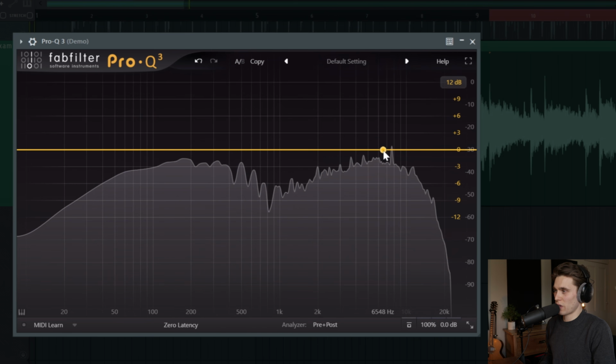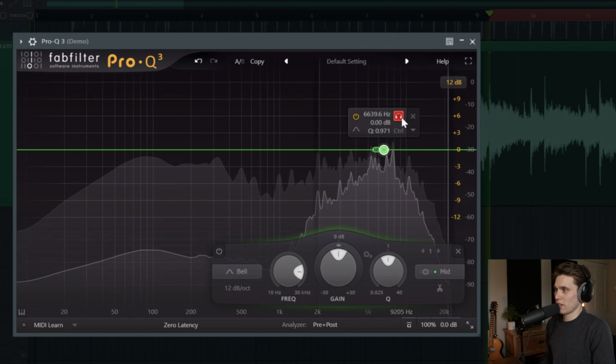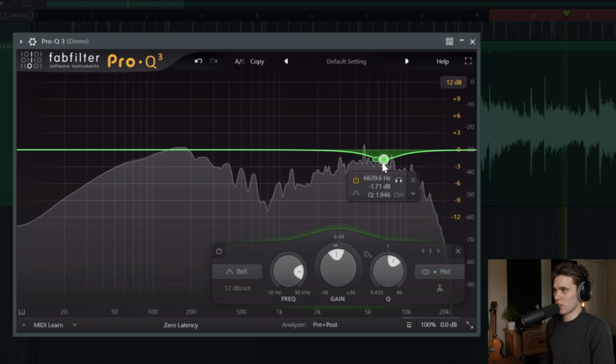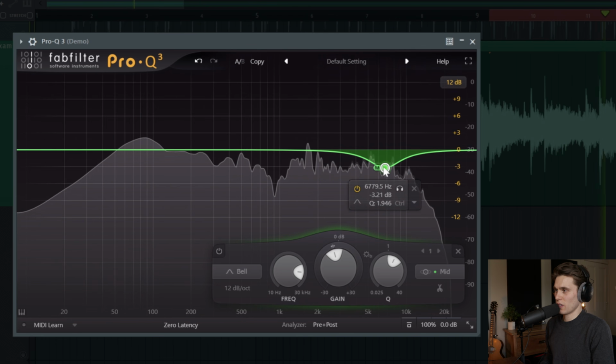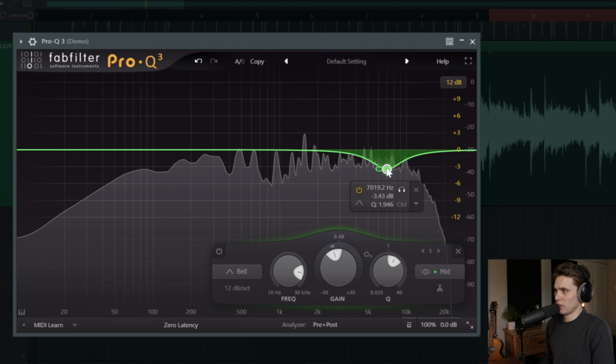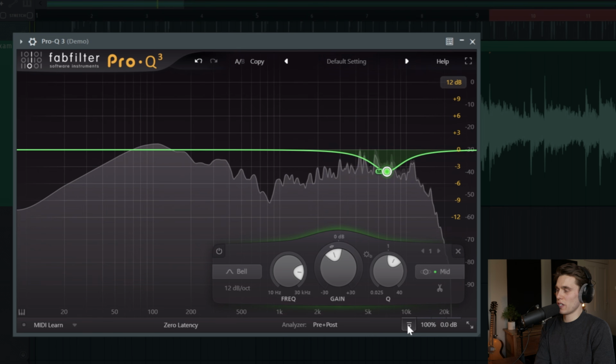what I can do is just create a band, focus it in on the mid, take a listen, and sort of hone in on those frequencies. Let's just say it's here. Let's take away 3 or 4 dB. That's quite a lot in mastering, but just so you can really hear this example. Now if I turn the EQ on and off,